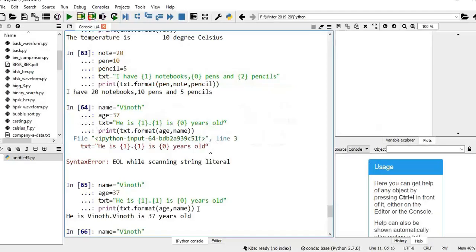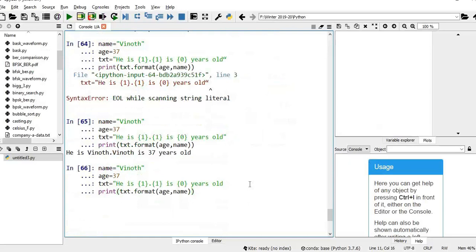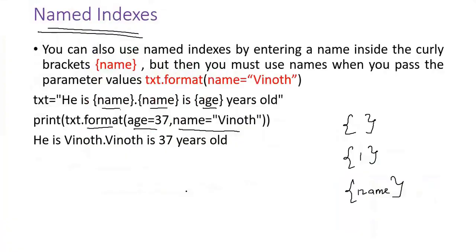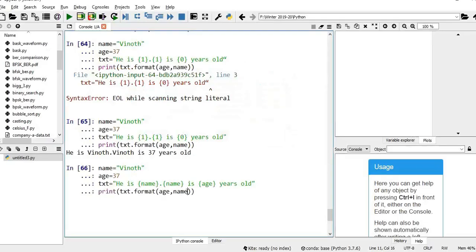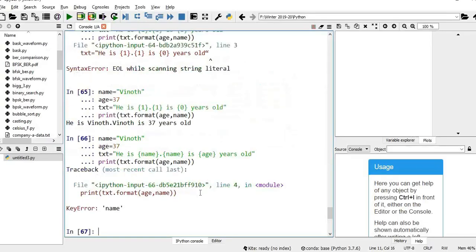So let us try this. Same thing, but instead of 1, I'm using name within the placeholder, and here also name. Here I'm using age. So name, age, we need to pass. Let us check this.